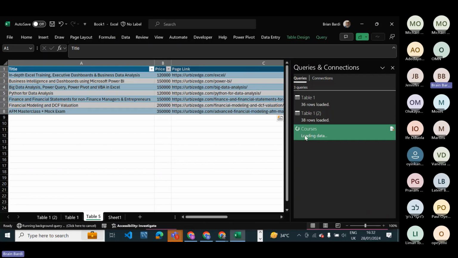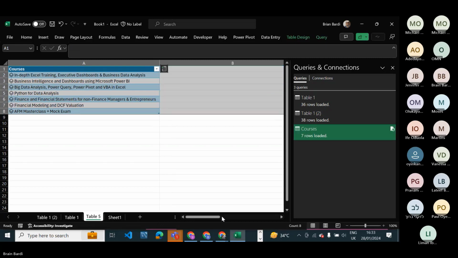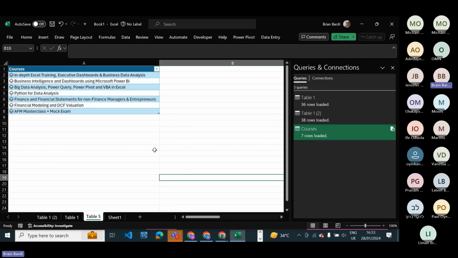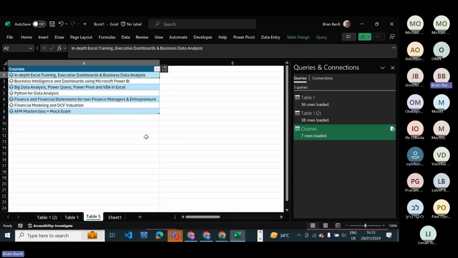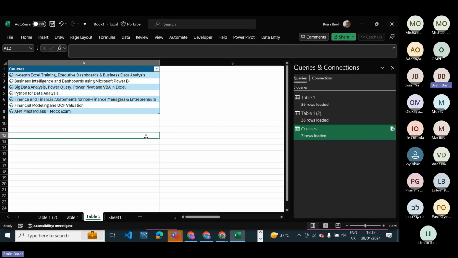So the query is loading. Okay, so what it did is just incorporate the rest of the row into the same row, but we can actually expand it. When we get there, I will explain why we did all these things. That's because we want the pictures to show, we want the links to be clickable, right? That is why we have to go through all these things.